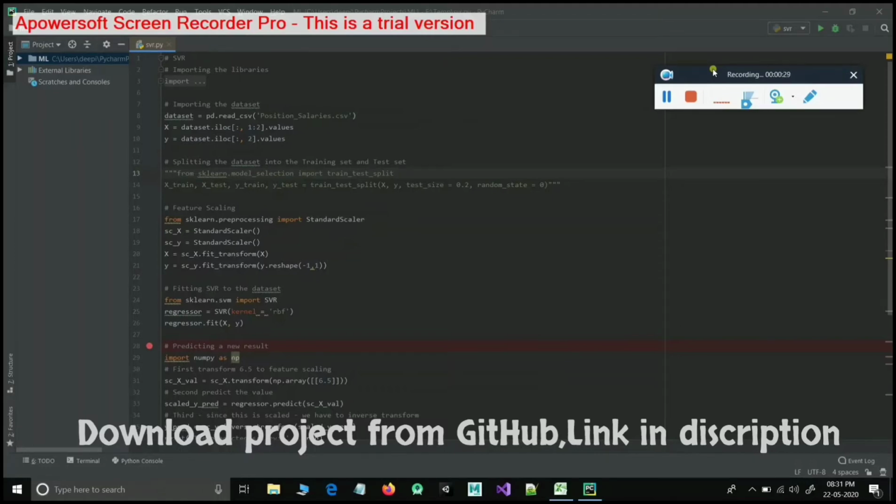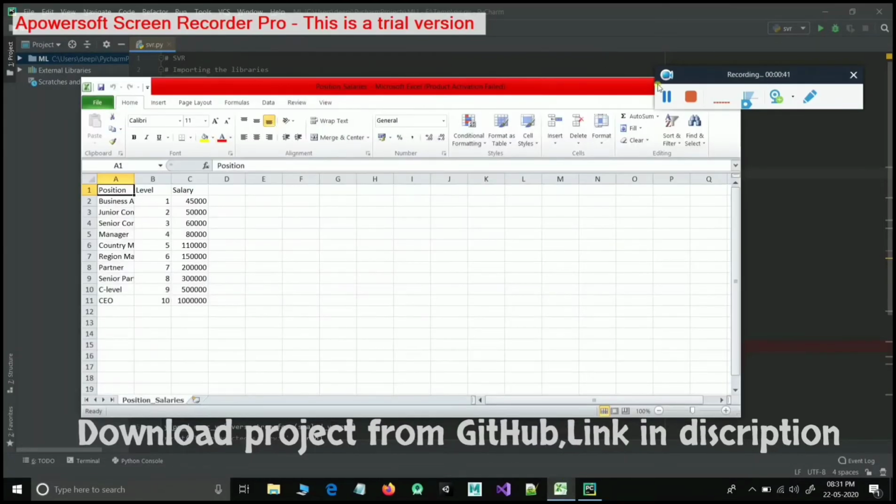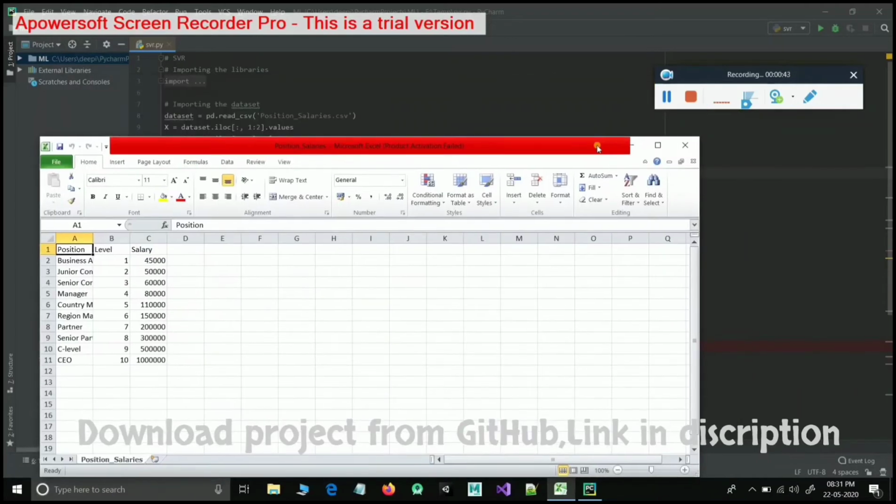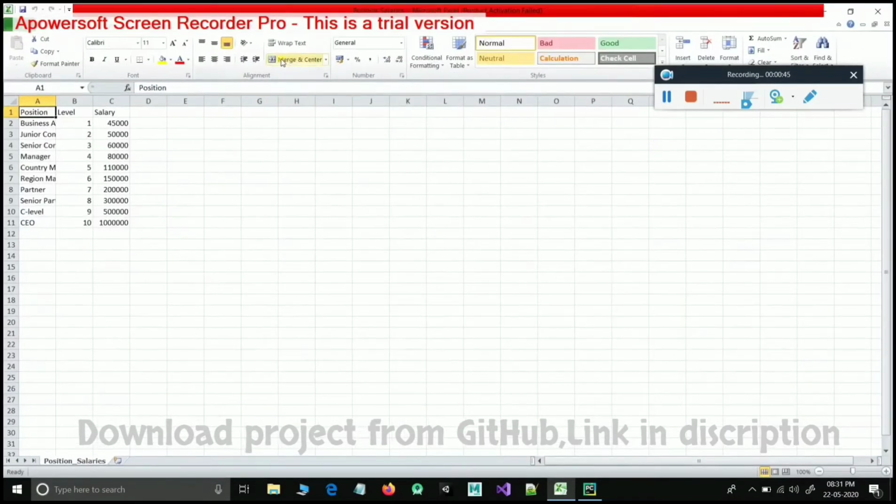For implementing it, we have a data set of a company. In the dataset, we have three columns, that is position, level and salary.